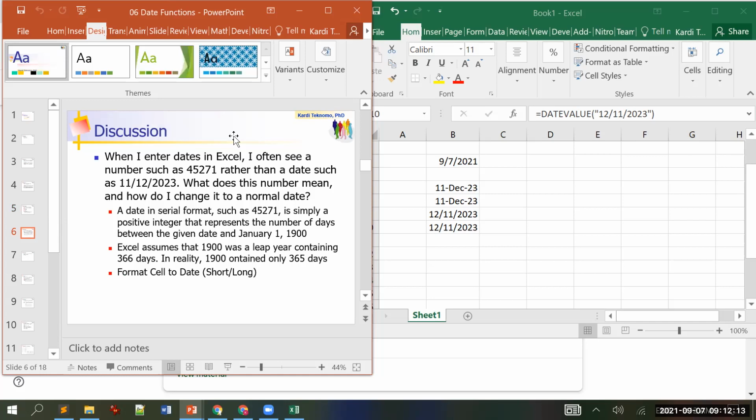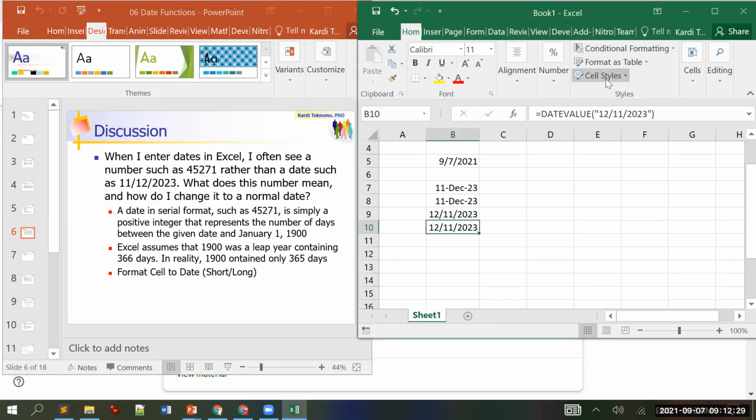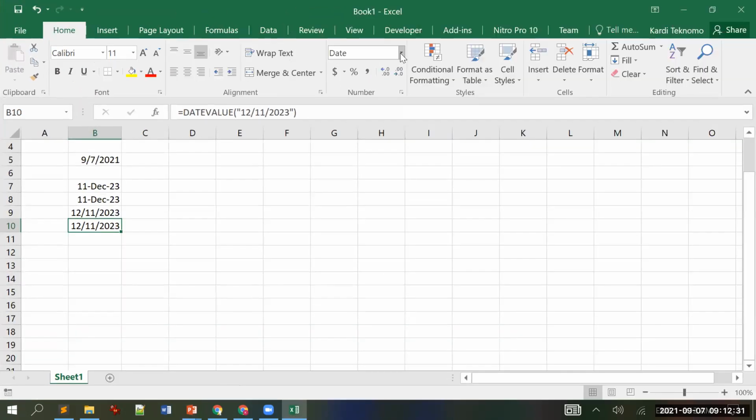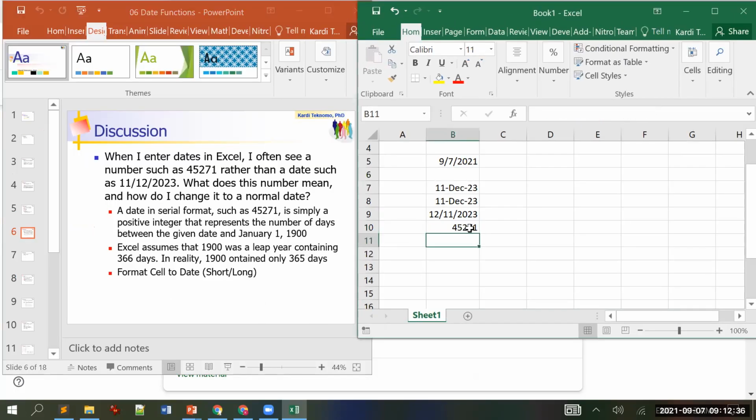Yeah, that number is actually a positive integer representing the number of days from January 1, 1900. So the date in Excel is an integer. Okay, that number a while ago, I put in general. What is this number? This is the number of days since January 1,